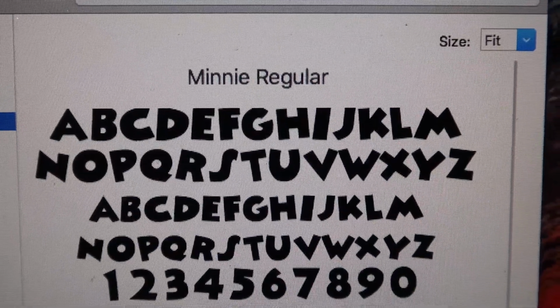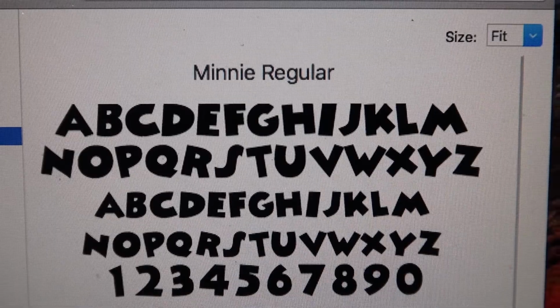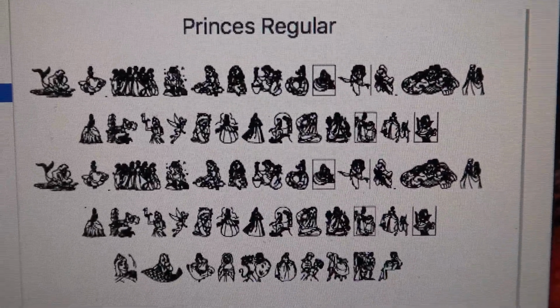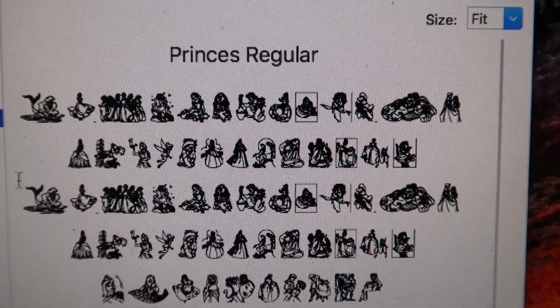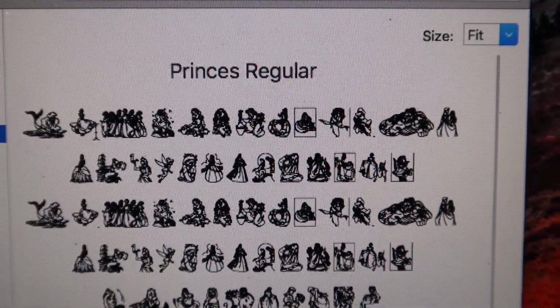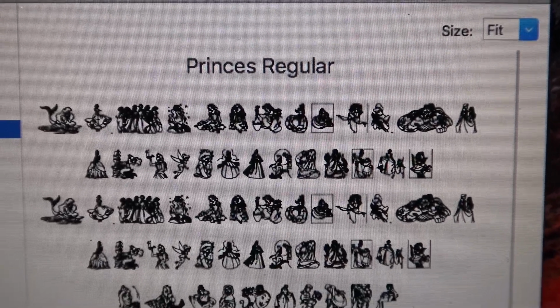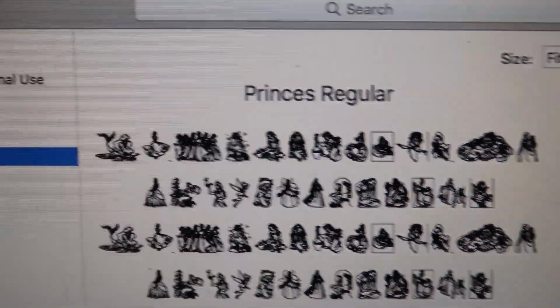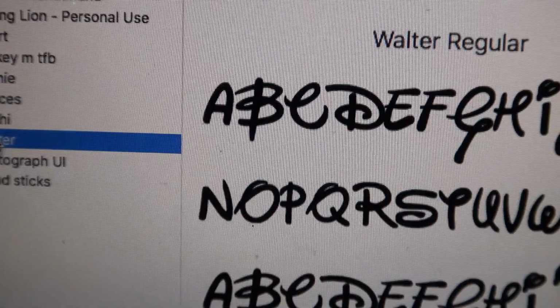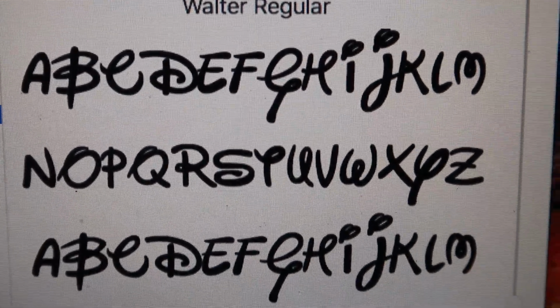There's Minnie, Princess. So the princesses, same thing. If you click on maybe A, maybe Ariel comes up, maybe Snow White would be B. And here's the one I just recently did just with you guys. Then we have Walter, the classic Disney look,